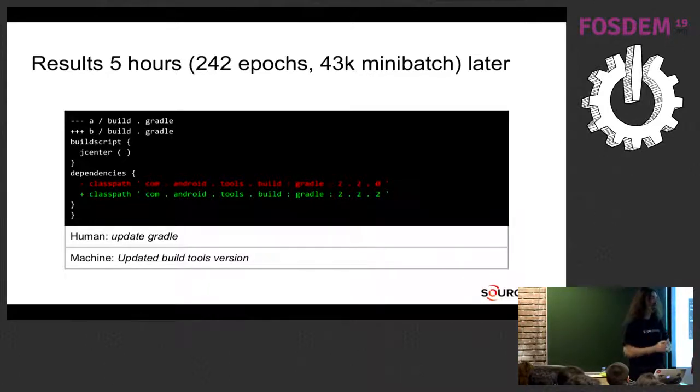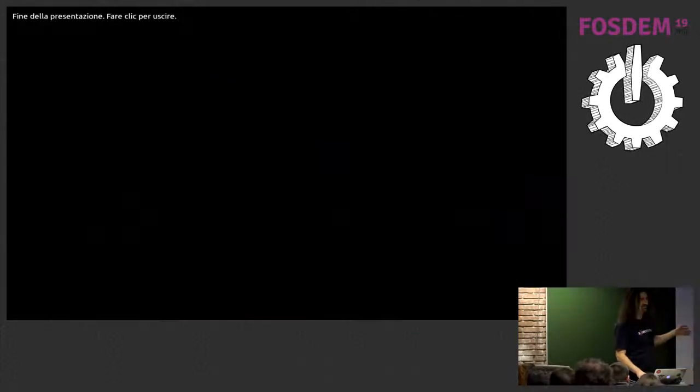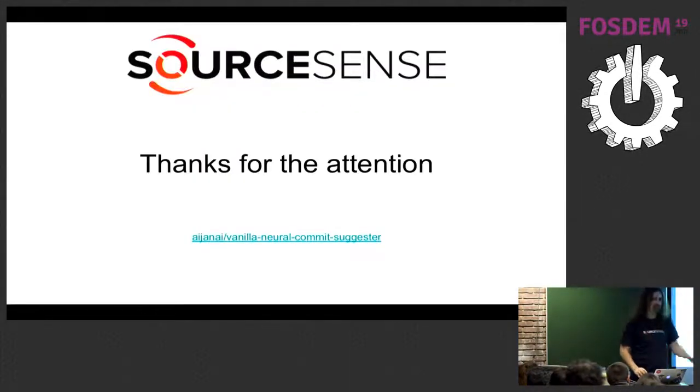There was another message in which there was a typo in the original commit message, so update change log without the n, and the machine output update changelog. So it was actually able to generalize the correct spelling. That will get another low score. So it's really difficult to correlate the quality of the message, because the message usually is low quality, and that's the whole point of coming out with this kind of Rube Goldberg contraption.